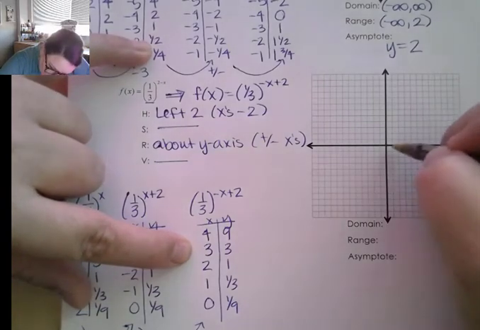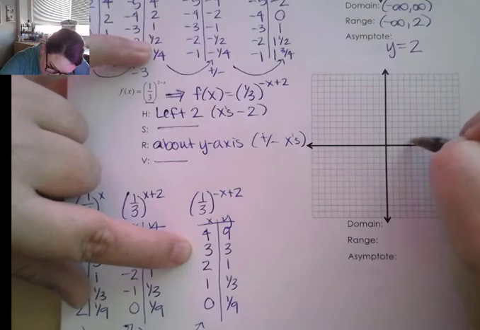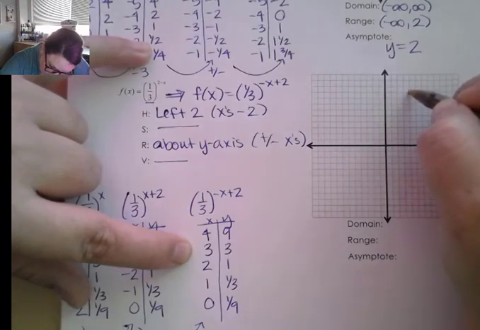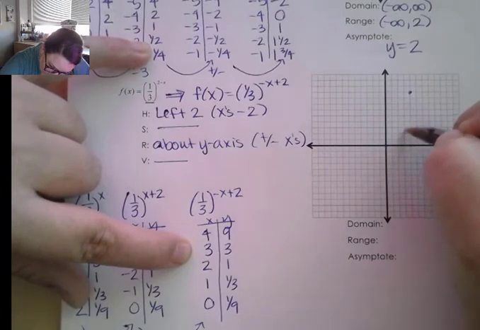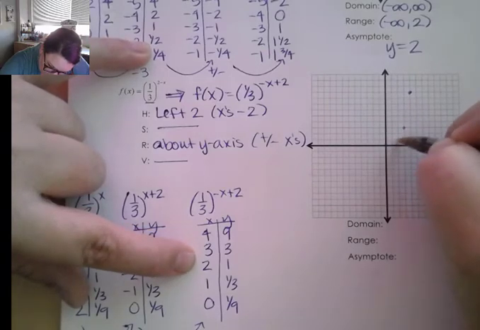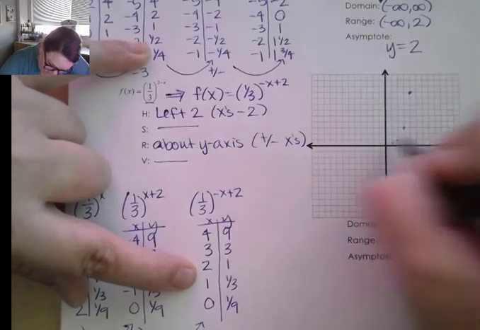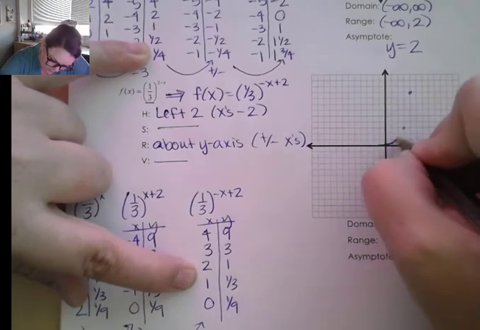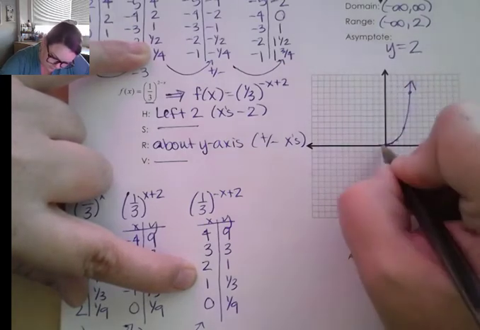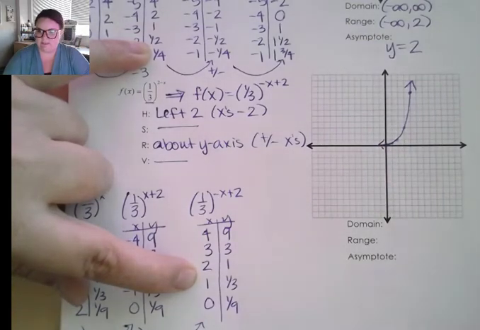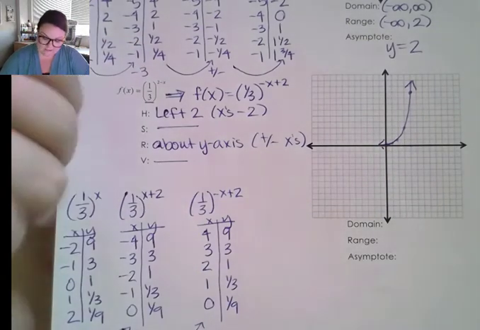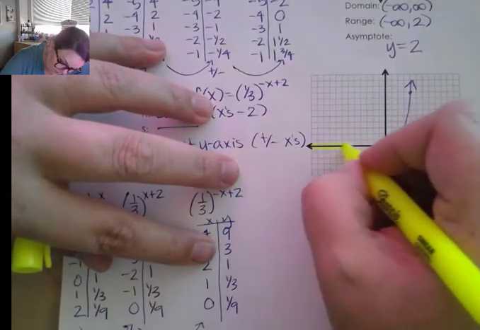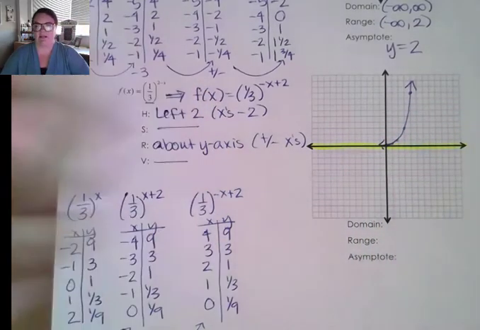So at 4, I'm up at 9. At 3, I'm up at 3. At 2, I'm up at 1. At 1, I'm at 1/3. And at 0, I'm at 1/9. So we can see here, we get a nice increasing function, and our asymptote is right on top of our x-axis, right at y equals